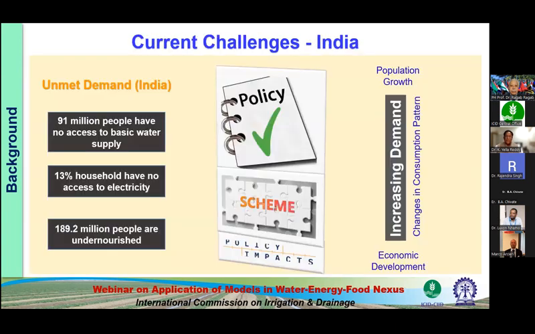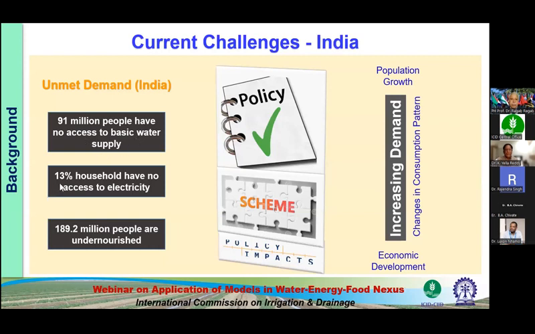However, these resources are under tremendous stress, and if you take the example of India, in terms of unmet demand, we have 91 million people having no access to basic water supply. Around 13% of households have no access to electricity, and 189 million people are undernourished. The central and state governments have devised various policies and schemes,